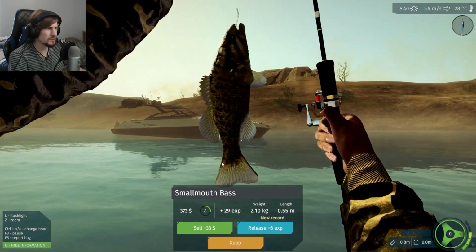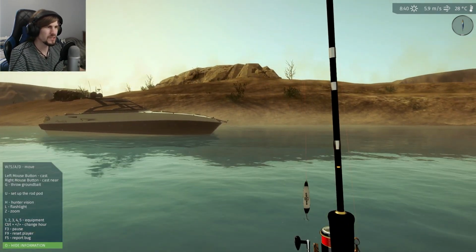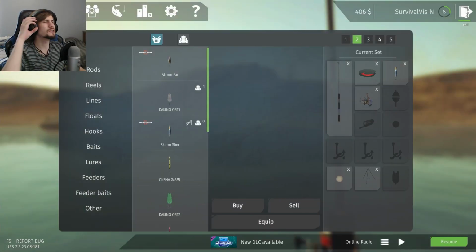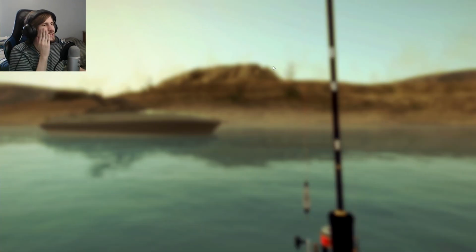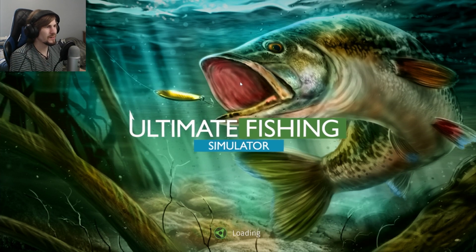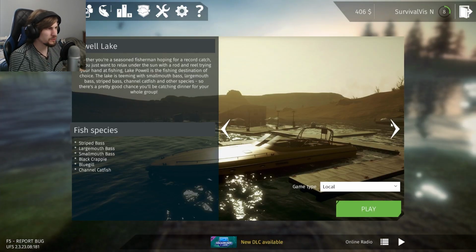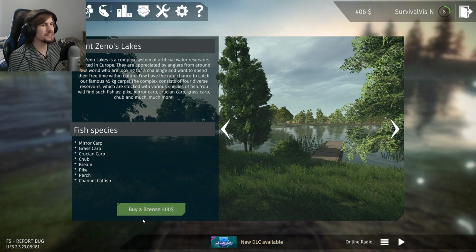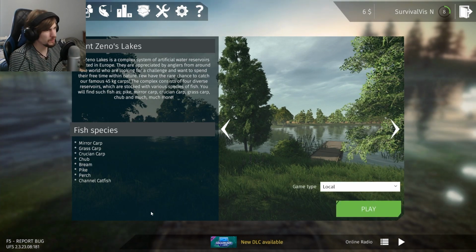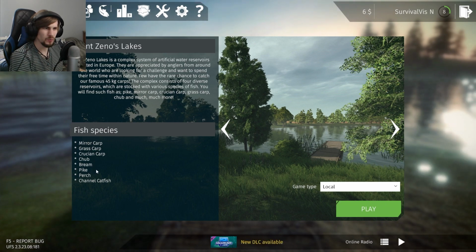That's going to be 33, so actually, that was enough to bring us over the 400. So I'm just going to head back to the main menu, make sure we do have enough for that next license, and we'll end the episode here for Ultimate Fishing Simulator. Again, it's definitely more arcade, casual feel to it, and indeed it will be 400. So you know what, we'll buy the license right now,